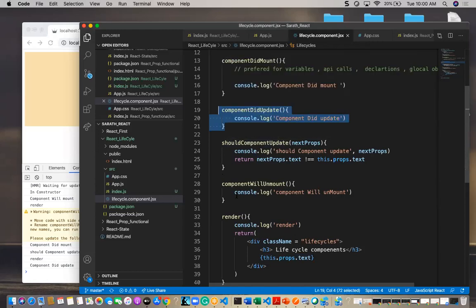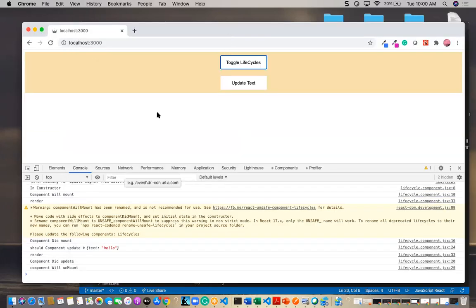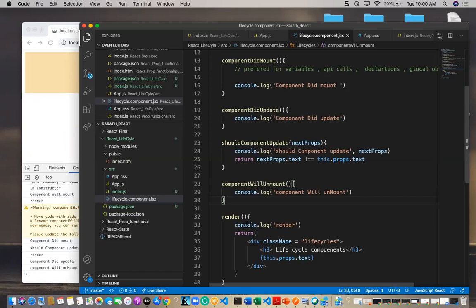Now the component is in updated state, but it won't return anything, and unless the component returns some null values, the component will not get unmounted. So if I click on toggle lifecycle, again the processor will come here and check in app.js. There it will find this showChild display has become false.